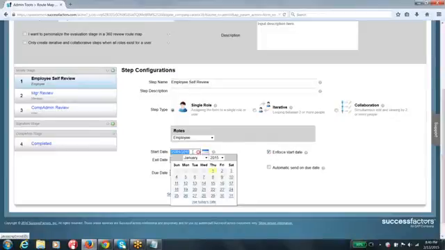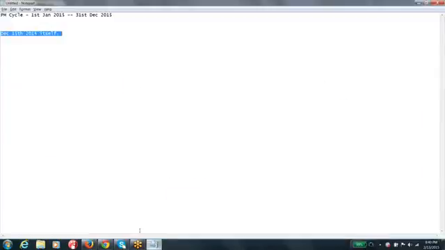Whatever start date you are seeing here, that is the ideal system start date. That is when you are supposed to work. But say your administrator has launched the form to you on December 15th itself, so the form is available with you from December 16th. You can go ahead and work on this form, update your comments, and start working on it, guys.